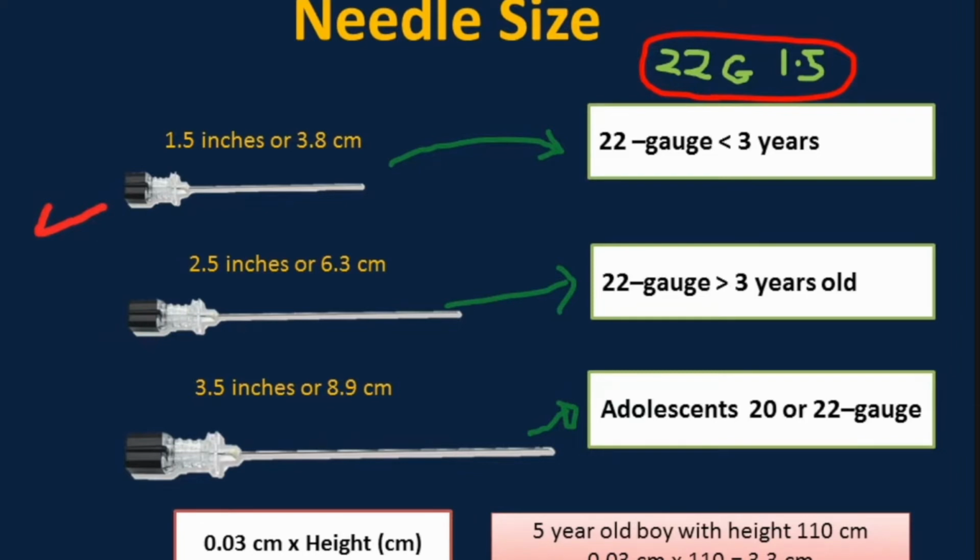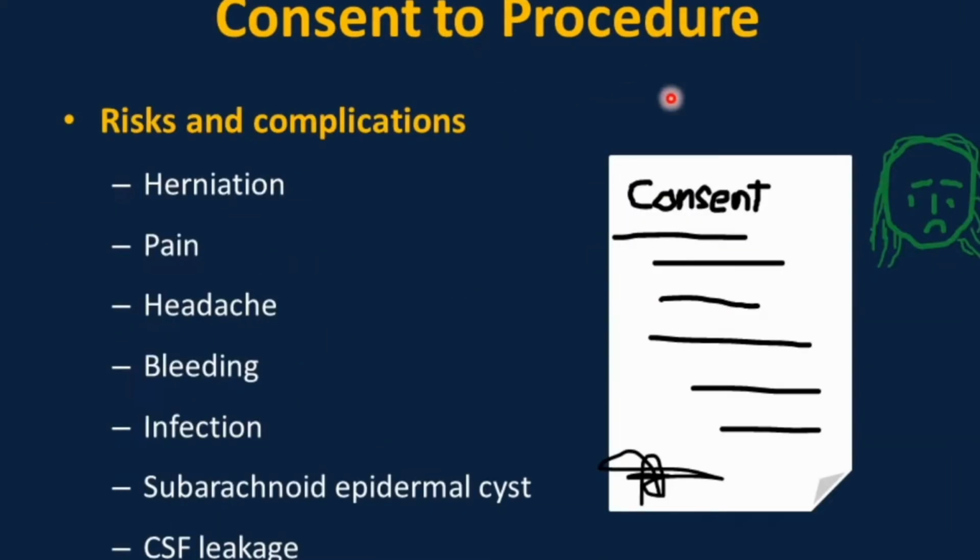So you have to compute the 0.3 centimeter times the height of 110 centimeters. This will give us a result of 3.3 centimeters. So you can use this needle. This is the appropriate size for this child, and you can go as far as suggested by this formula. So before we perform the procedure, we have to obtain a consent from parents or the guardian,